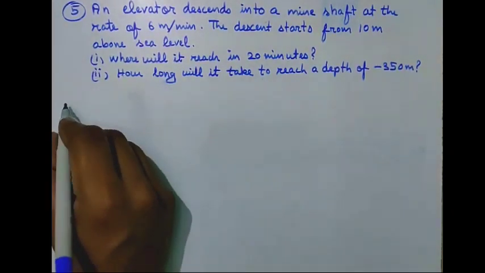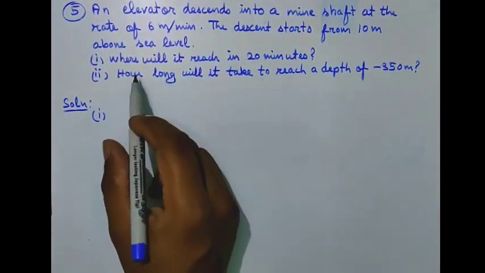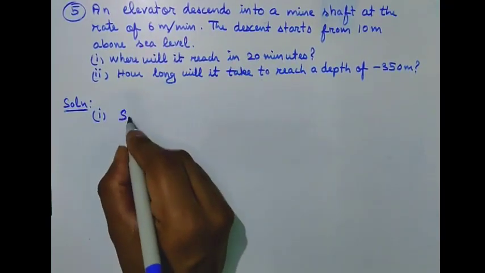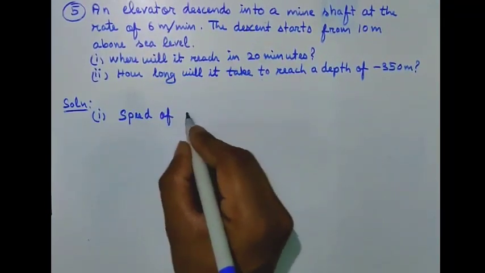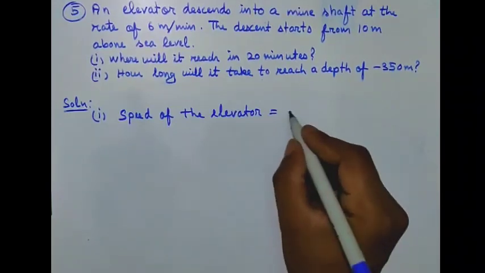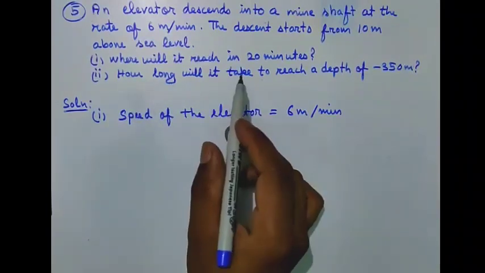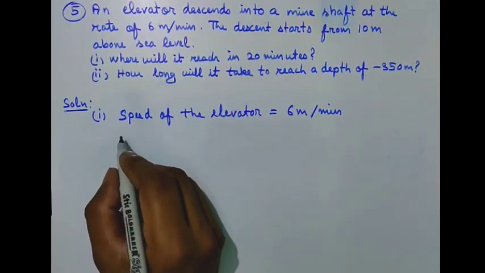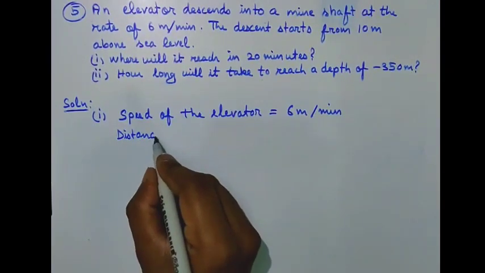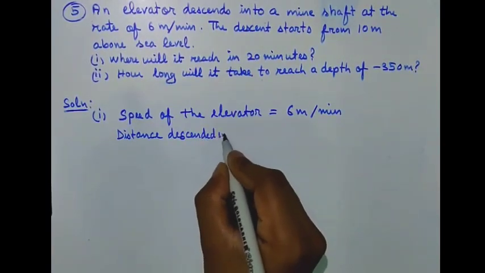Solution. First part, let's solve. Where will it reach in 20 minutes? So the speed of the elevator is equal to 6 meters per minute. Now where will it reach in 20 minutes? So we can say distance traveled, or we can say distance descended in 20 minutes